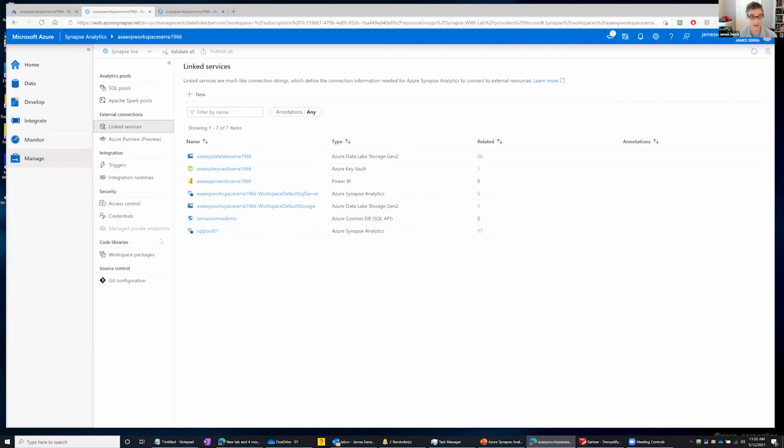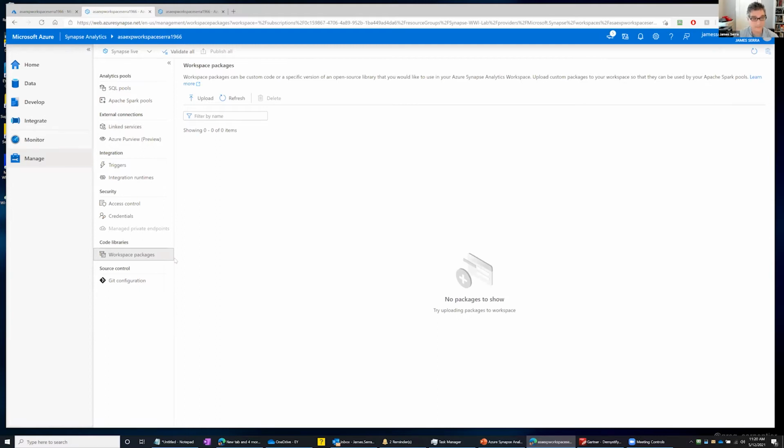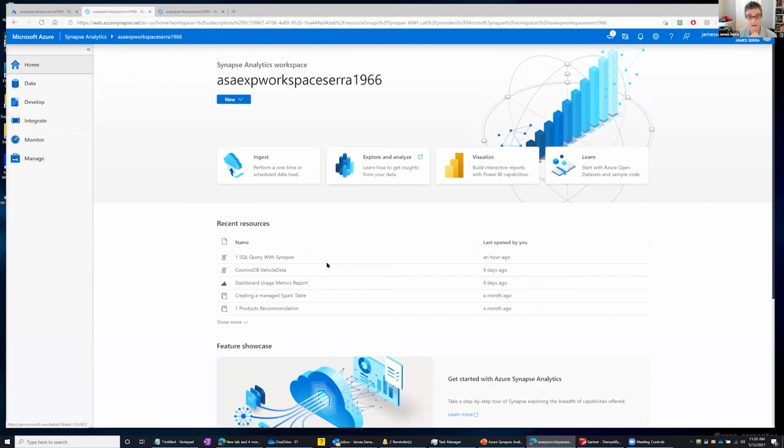And then I can also link in certain code libraries, which is a new feature on there. So a lot of possibilities on here, and you'll see this as we go through the demo where I'm using those. So one of the first things you'll want to do, if I go back to the home, is I want to ingest data.